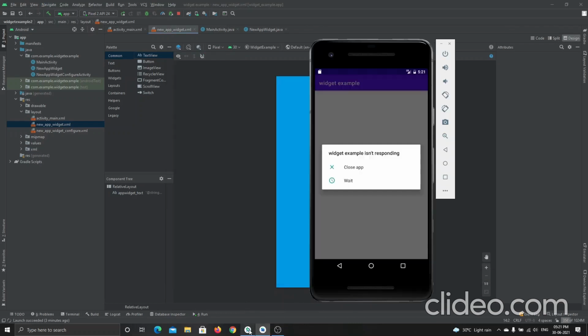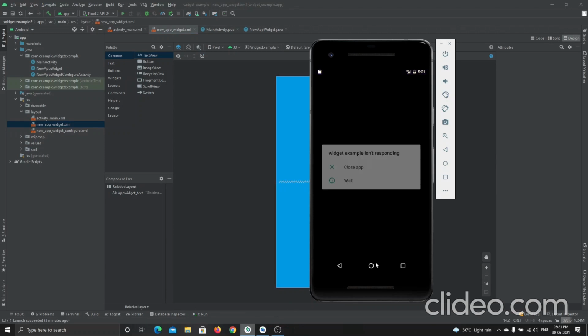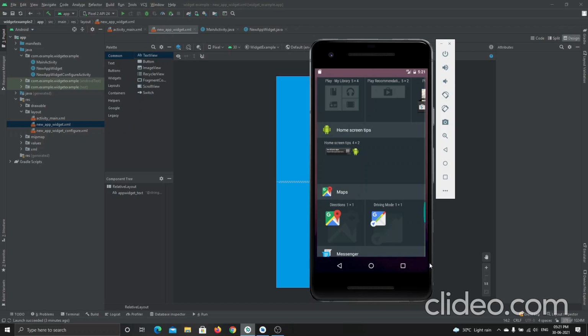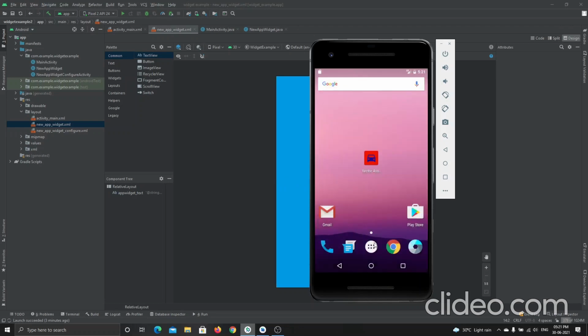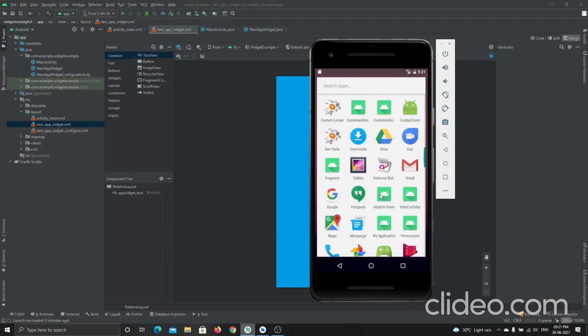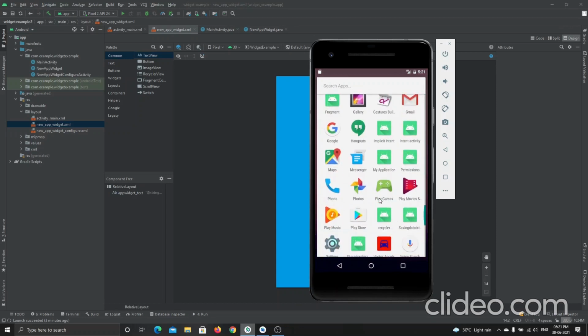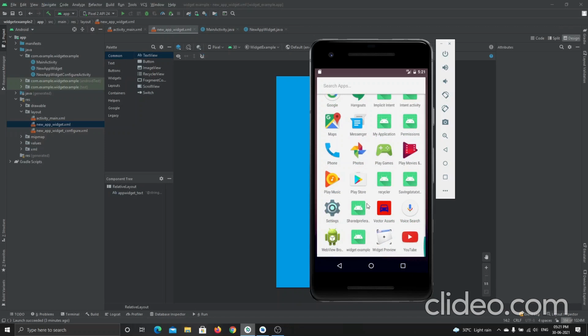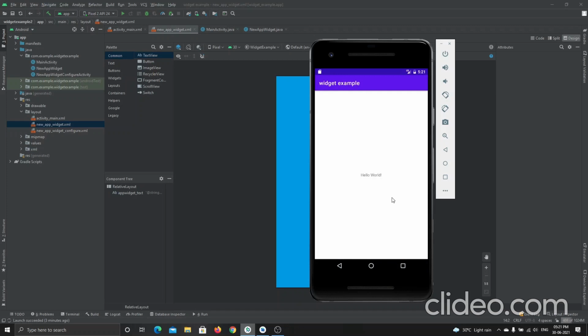See, now the application has been installed already. Okay, let's close this app. Let's go to that application. Set that as a widget example. See this here. It is displaying hello world because I didn't edit anything in the activity main XML. I left it as it is, but I want to see whether this widget is created or not. Okay, for that, I will just go to home.